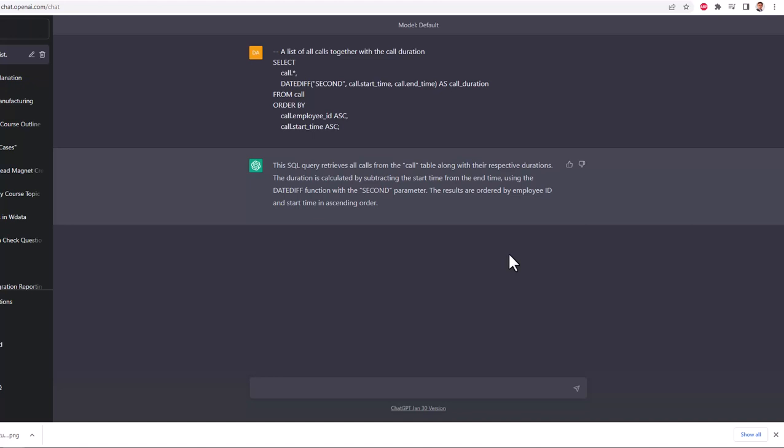Now, I use this as a starting point if somebody gives me a query, to give me a high level of what's going on, and then I'll investigate by looking at the data model, looking at the data that's inside each of the different tables that are being called, and then piecing all of that